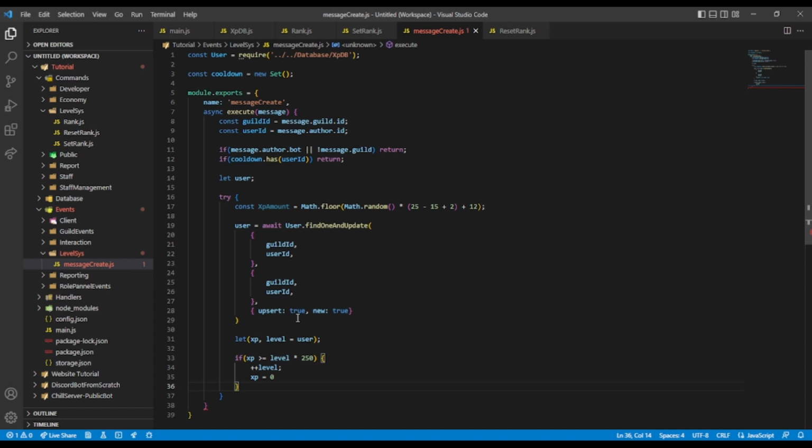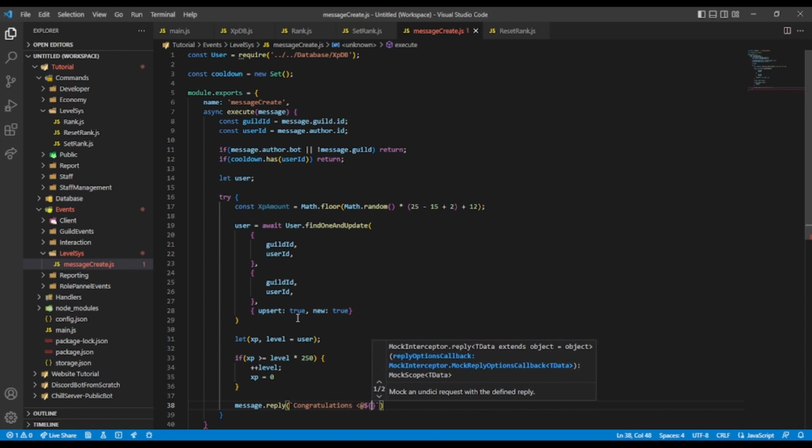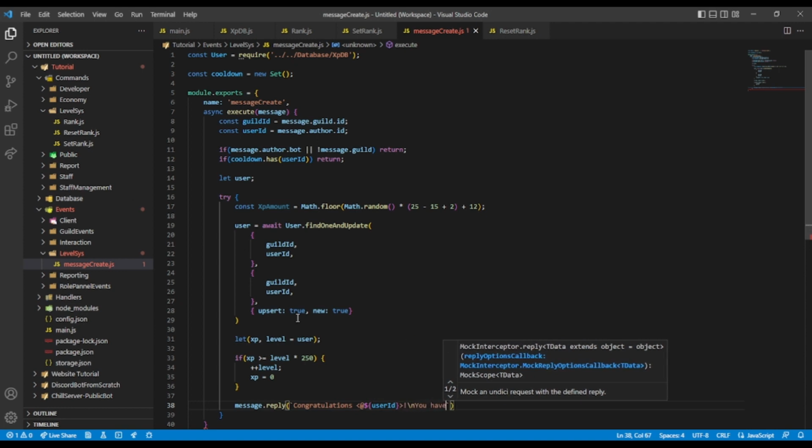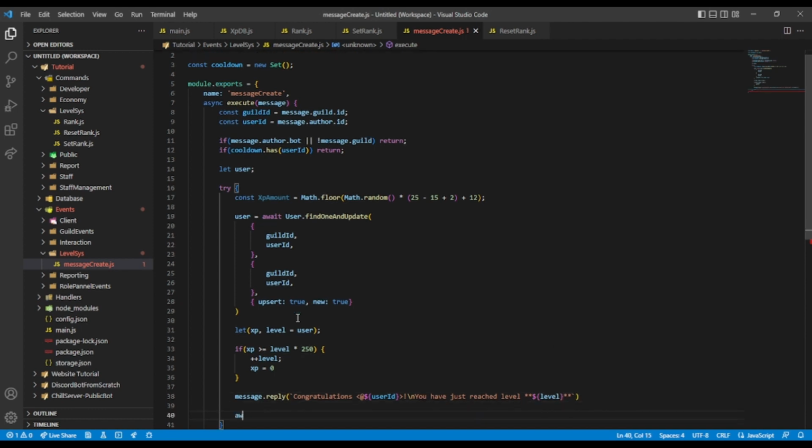Okay, and we are then going to do message.reply. "Congratulations, userId. You have just reached level" and you can put the level. Okay, and then you're going to do await